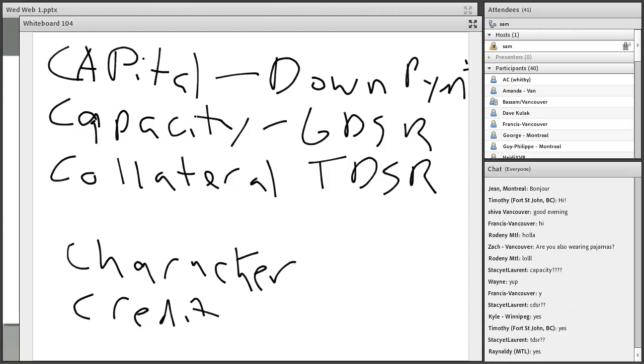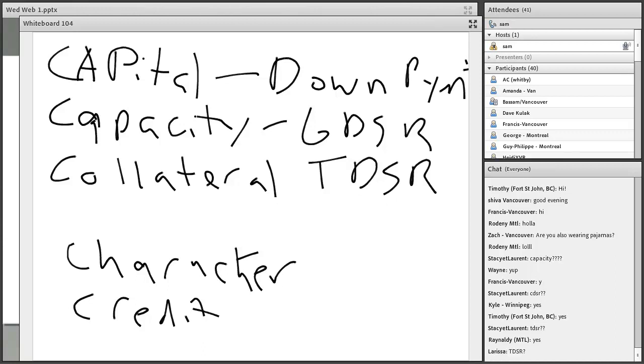So capital is straightforward. It's your down payment, right? So depending on the deal that you're taking from the lender, it could be as low as 5%. It could be as high as 50%, depending on what the deal is and what the structure looks like. If you're buying a home in Canada, 1 or 2 homes, it's your 5% down payment, basically, right? That's the capital.